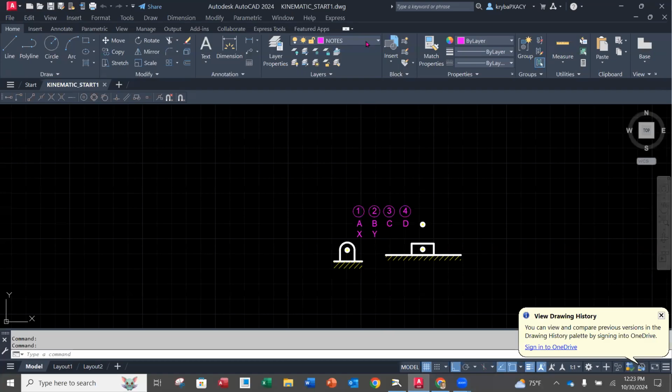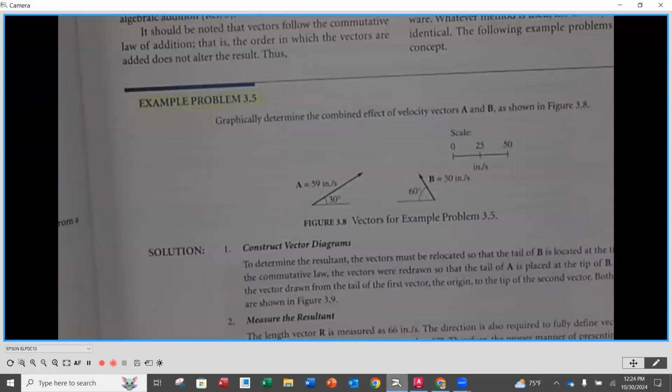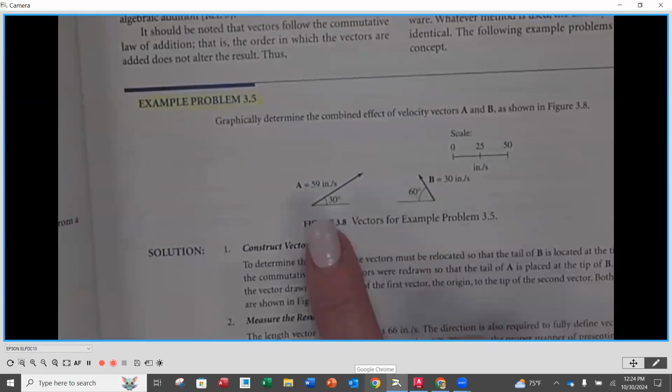And because we have some additional layers here, I'd like to utilize those so I can see the different colors and the line types as needed for the vector additions. So let's vectorially solve for the resultant of A and B in problem 3.5. The process that we're going to go through is we're going to first draw each one of these vectors